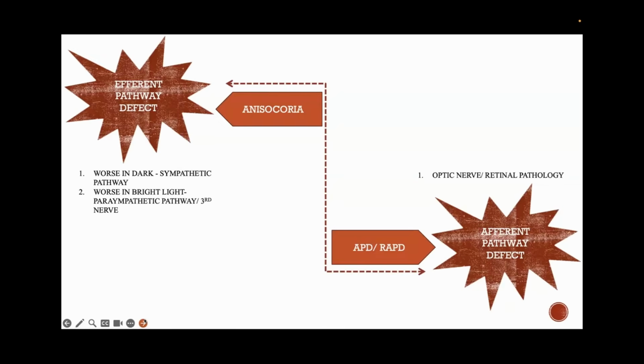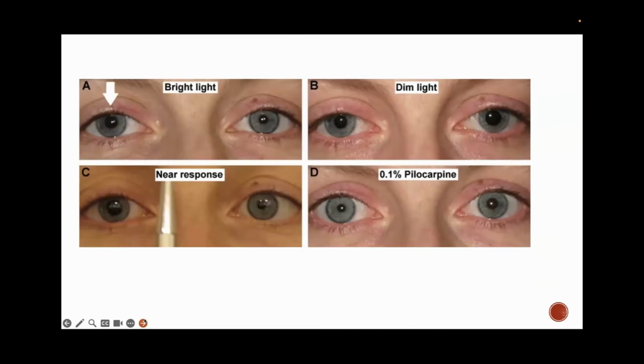Now let's look at a few examples of this as well. This is an image I've taken from the internet, unfortunately. This is a patient who very commonly presents in our neuro-ophthalmology OPDs, with just one complaint, that one of my pupils definitely looks bigger. They have no other complaint. There's no headache, there's no nerve paralysis, nothing. And when you look at it, the anisocoria gets worse when the patient is in the bright light.